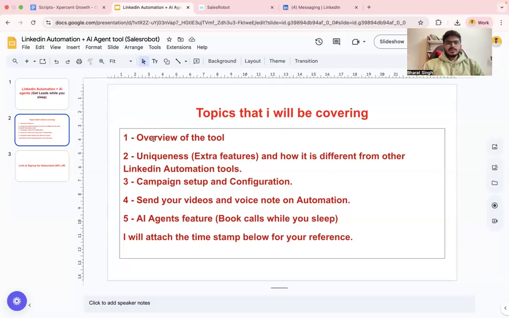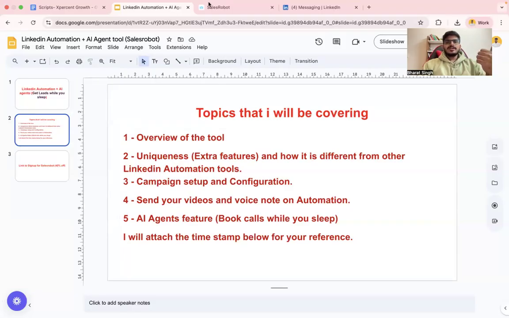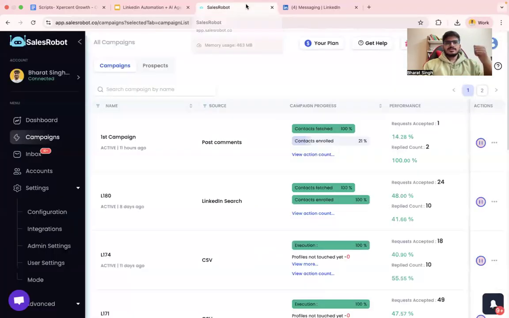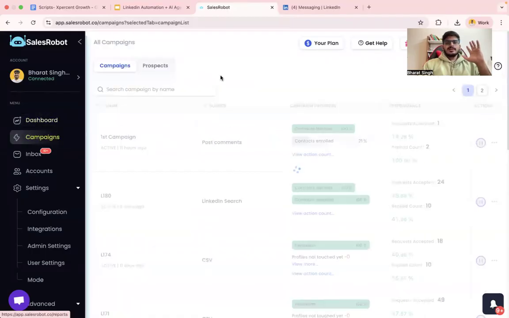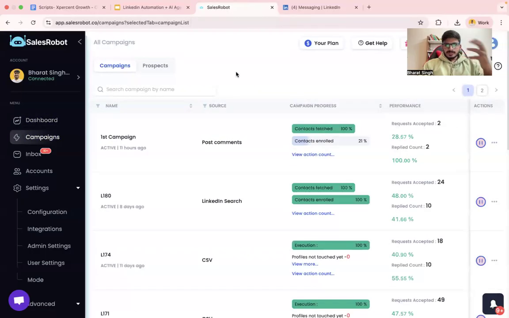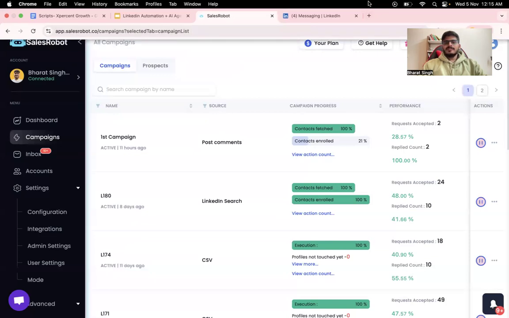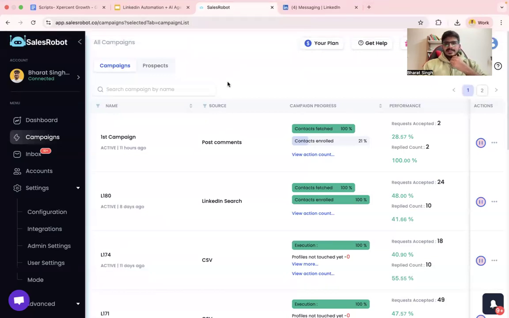So the tool I'm talking about is called Salesrobot. It is pronounced as Salesrobot. Now, today is 5th November. Now recently LinkedIn